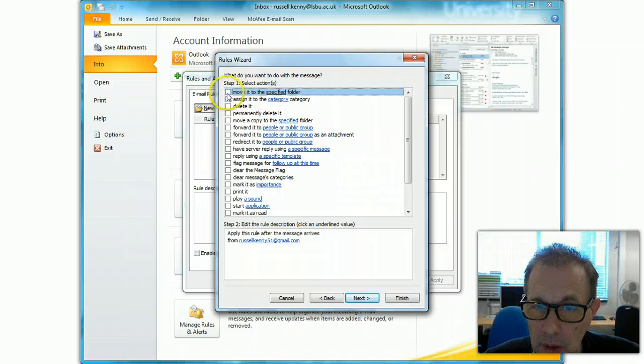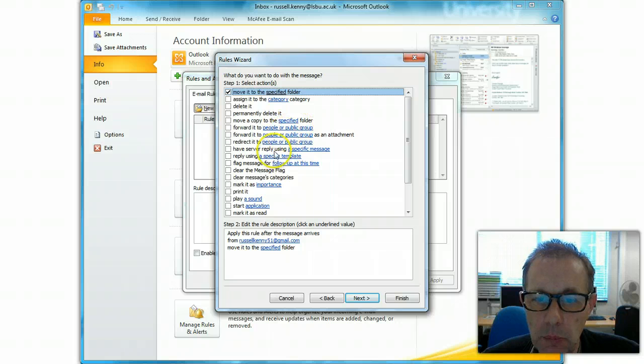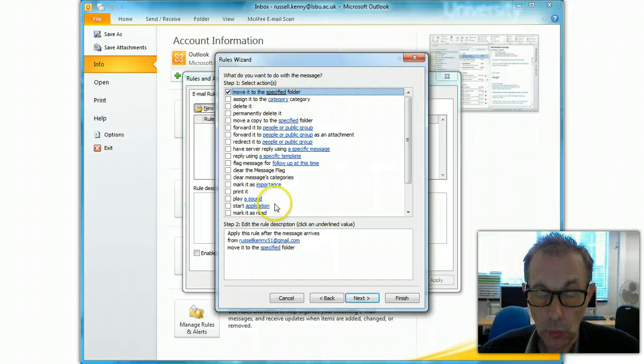And a very common thing that you might want to do with it is move it to a particular folder. You can also do other things down here. You can delete it, permanently delete it, which means it won't actually even put it into the trash. It'll sort of completely get rid of it. You can move a copy of it to a particular folder. You can forward it to particular people. And there's lots more. Again, read down all the different things that you can do with the message